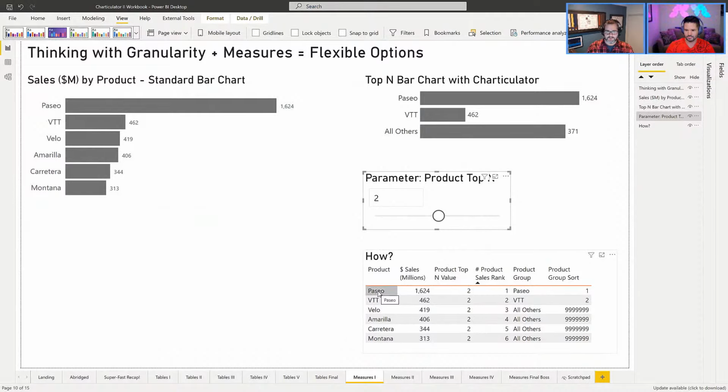We're not dragging with core visuals. We have to drag the columns and measures we want to visualize. With Charticulator, we drag the data we want to visualize and work it out afterwards. So what I can do is I've got my 6 rows, and this is exactly the same data set, by the way. I've got my sales for each one, but what I've done is I've created, let's look at that,